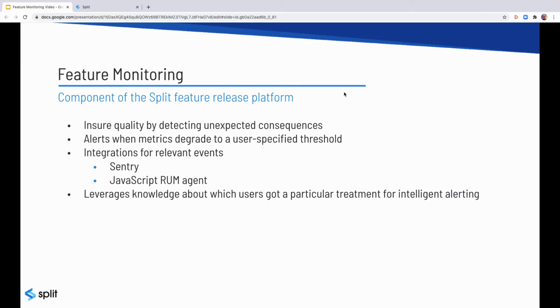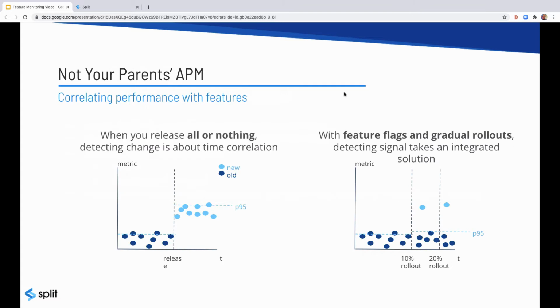And the feature monitoring leverages knowledge about which users got a particular treatment to make it possible to alert when only a few percentage points of your total users are exposed to a feature. And that's one thing that distinguishes Split's feature monitoring from a traditional APM system where you're monitoring based on all of your traffic. Because Split knows which users have seen a particular treatment, we're able to specifically identify the behavior